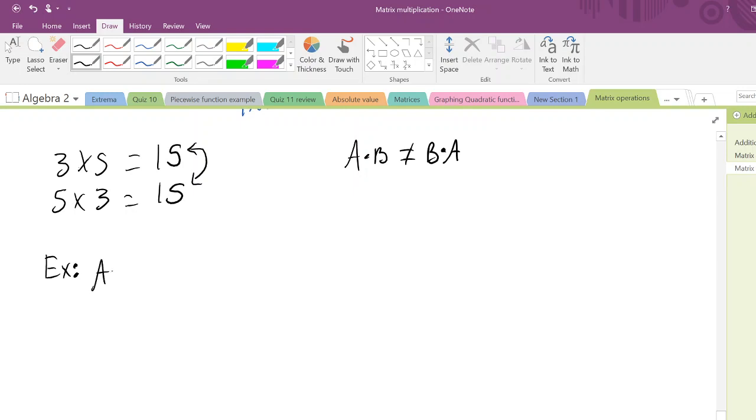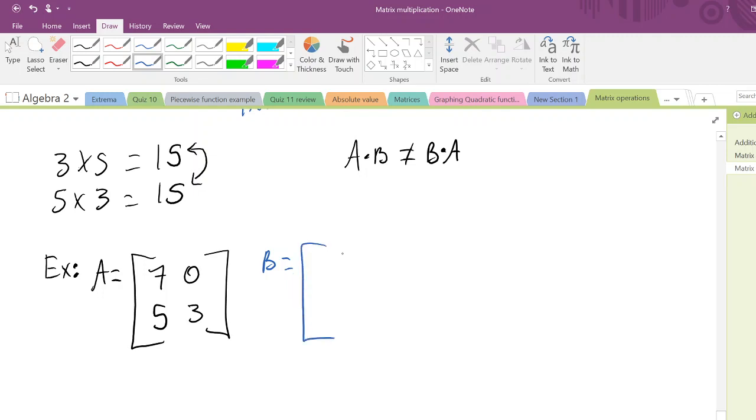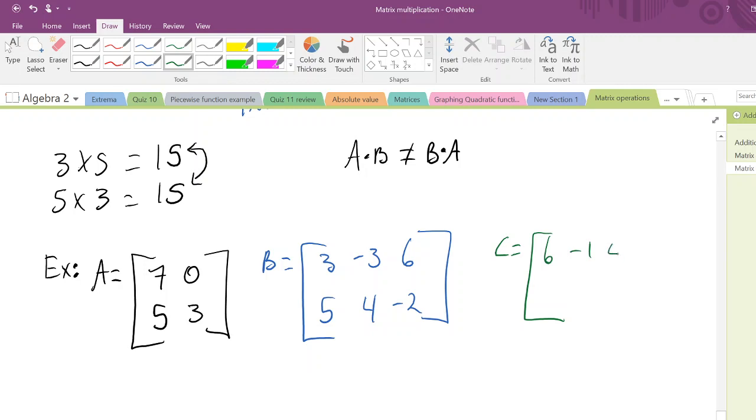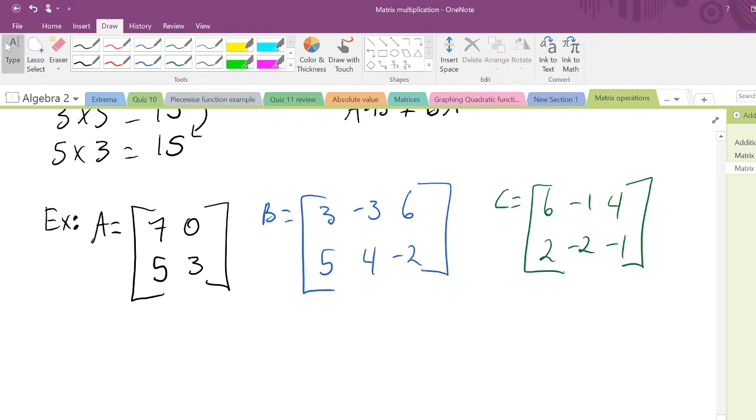Example: A is equal to [7, 0; 5, 3], and then B is equal to [3, -3, 6; 5, 4, -2], and then C is equal to [6, -1, 4; 2, -2, -1]. Okay, so it's asking me to find